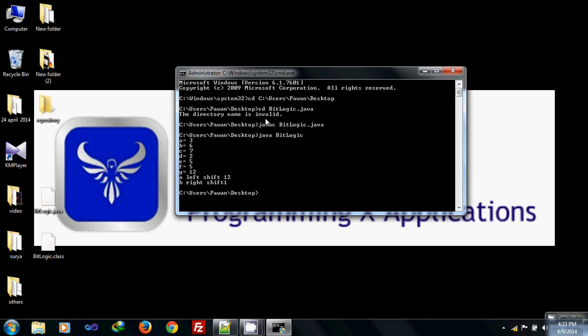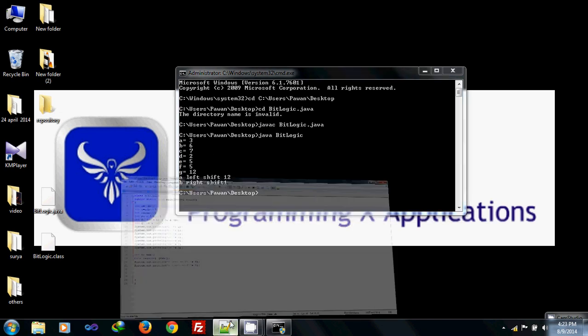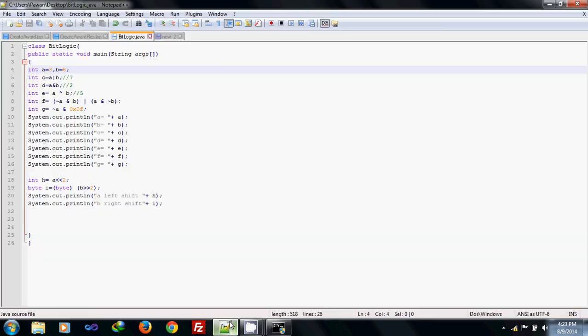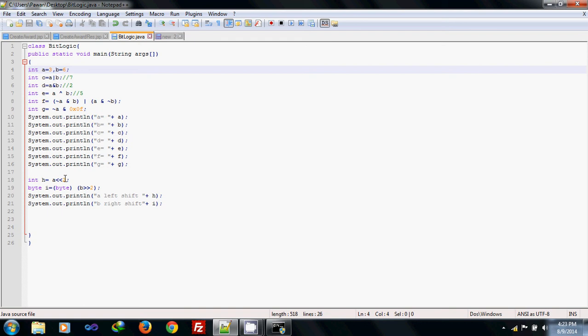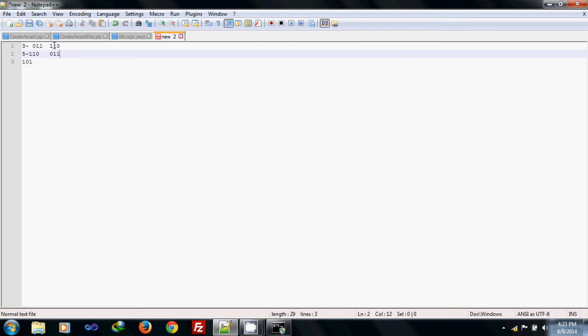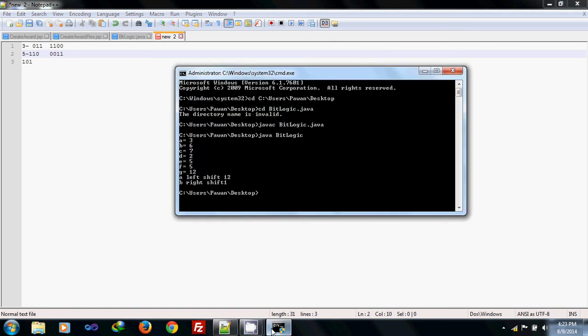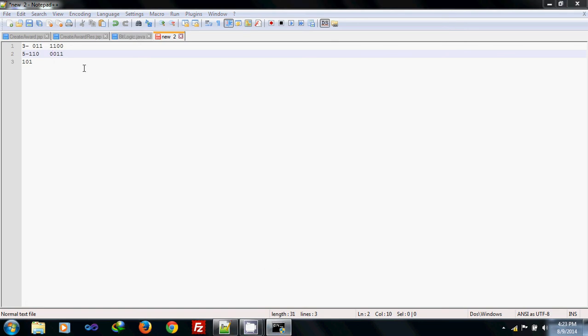Now java BitLogic. Okay, now this one is 3, 6, then the next one is 7, the next one is 2. Similarly the next one would be 5, and similarly it would move. Okay, so left shift, one left shift. One thing to note, this is two left shifts. If there would be one left shift, it would be like this. If there would be two left shifts, then it would be one more 0 here and one more 0 here. So it will be like 2 4 8, 8 4 12. So the output would be 12.